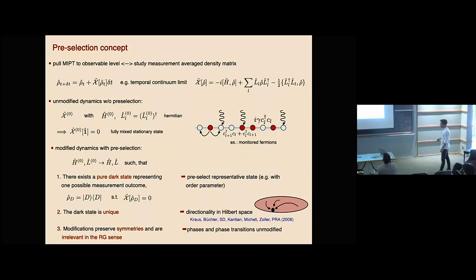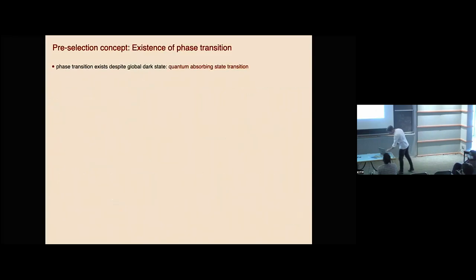But in that case, if we can achieve this, then phases and phase transitions would not be modified compared to the original problem. So you can now ask one question, which is a good one. Yeah? So we just required that everywhere in our parameter space there is really this dark state,